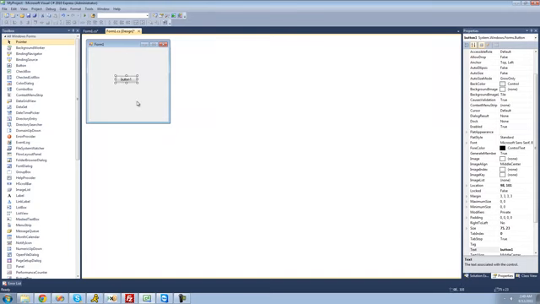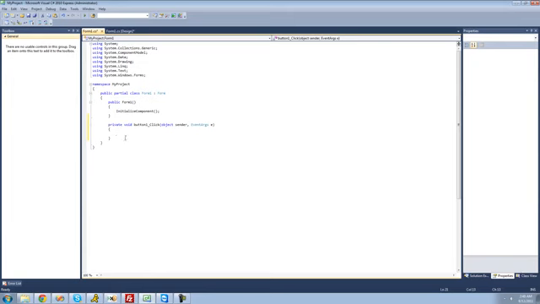In order to have a message box be displayed when your button is clicked, just go ahead and double click on your button right here. Right inside of these two brackets is all the code that will be executed whenever the button is clicked. In order to have a message box be displayed, we're just going to want to